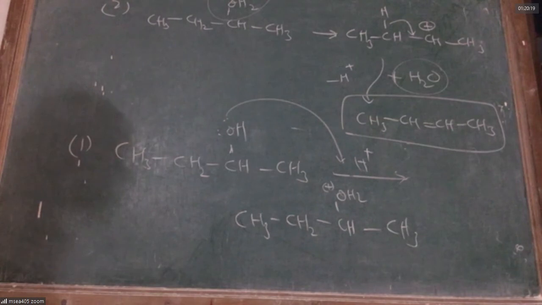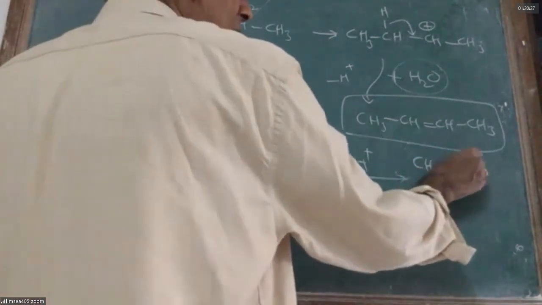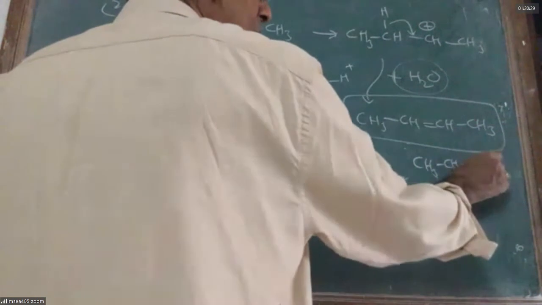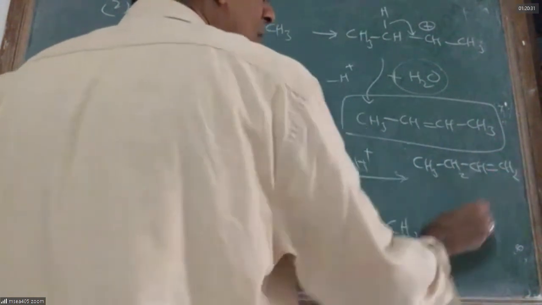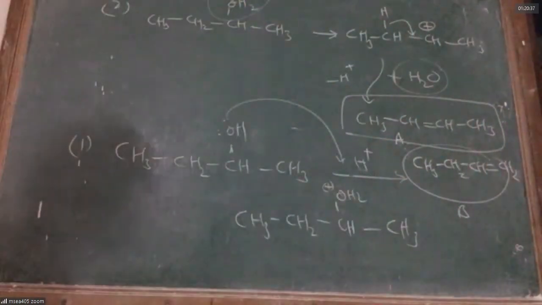Sir, why can't it make a double bond with the right carbon? That is a wonderful question. That is a possibility here. If you are getting a double bond here, you get one product. Now two products are possible: A product, B product. The experiment has shown that by and large you get 2-butene, but not 1-butene.